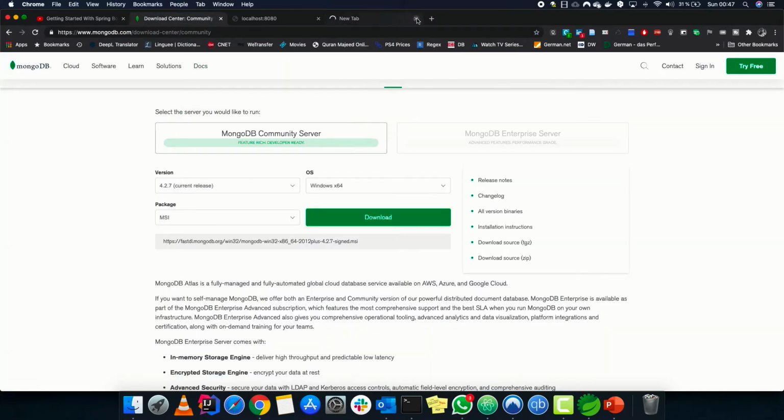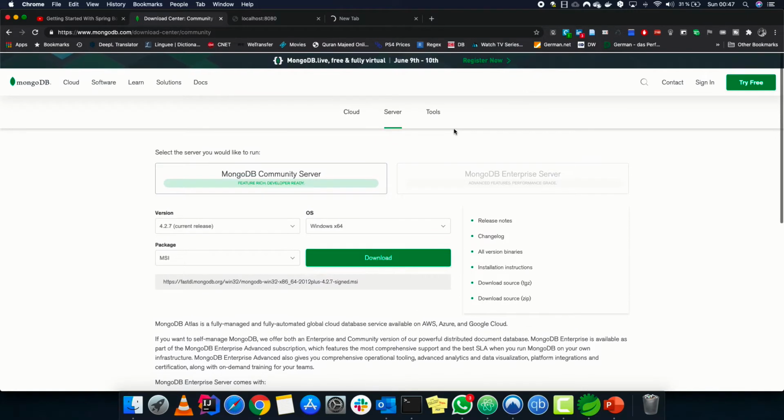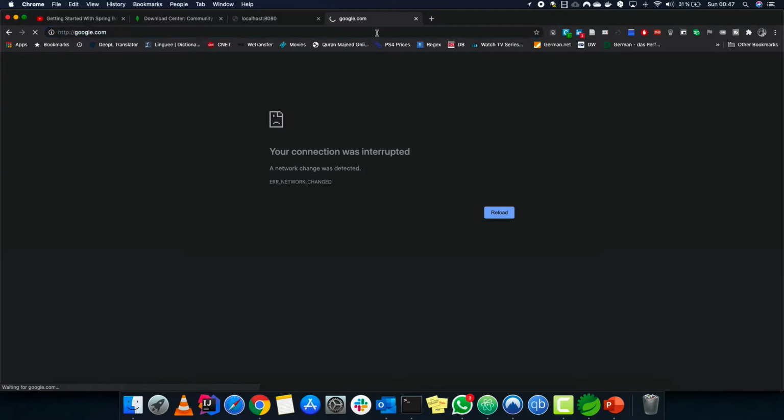MongoDB is widely used in the industry, and I'm giving some introduction about it. And then Spring Boot is actually providing us a built-in repository for it. So all we have to do is extend that repository and use all the functions provided by it. So it makes things easier.